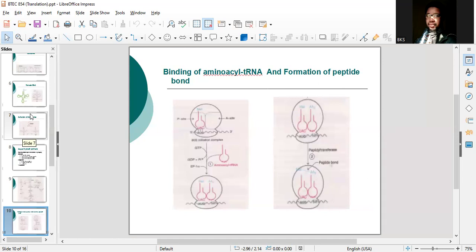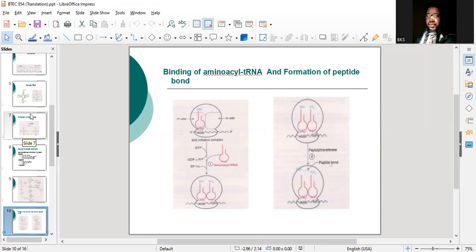Now the next codon will come and bind to the ribosome with the help of the TΨC arm, where it binds, and then the anticodon will complement. By complementing, the next thing now is the formation of the peptide bond. This binding is an energy requiring process, so it uses energy in the form of GTP, and then eukaryotic elongation factor 1 alpha will facilitate the interaction between the new incoming amino acyl transfer RNA and the ribosome,